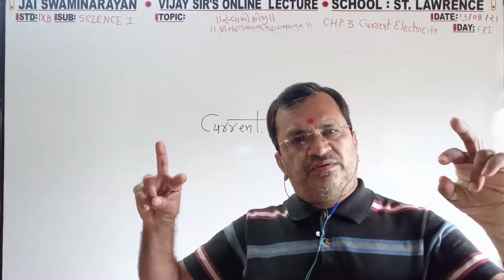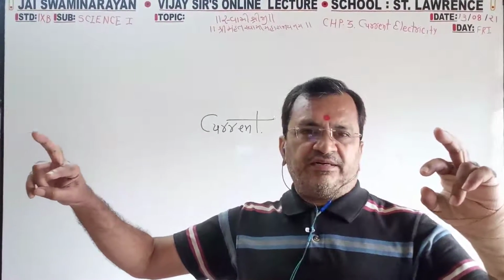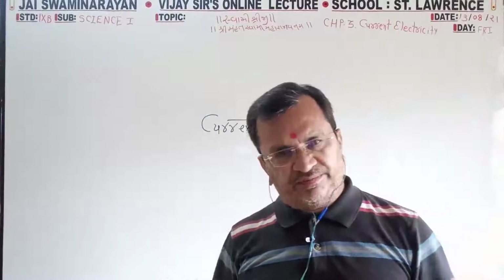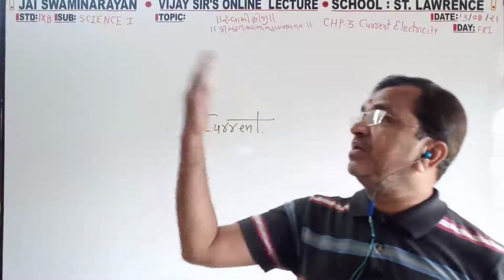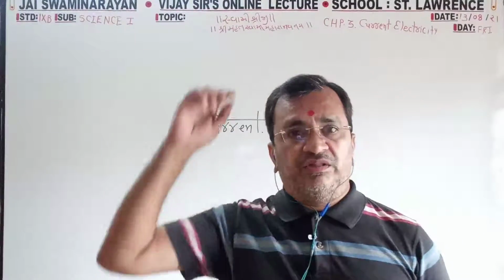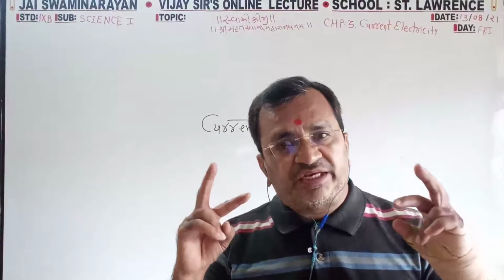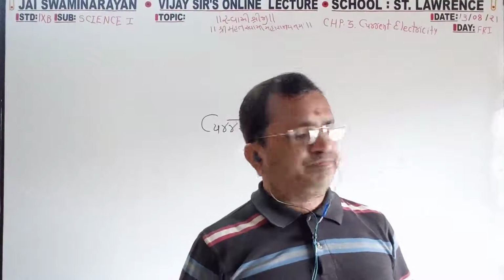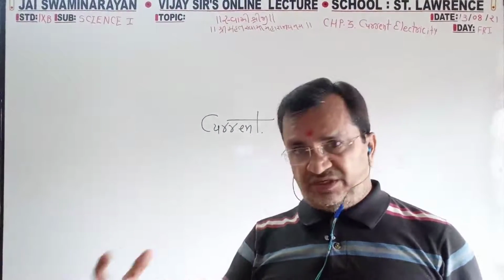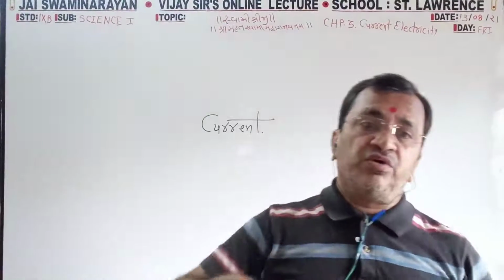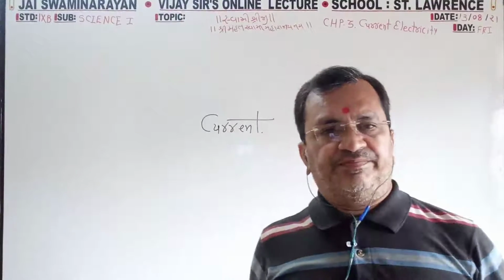Comparison of cost. These are very expensive, these are cheaper. First reason, cost wise, these are costly. When we use this much gold and silver in all the wiring, the cost will be higher. Second reason, availability. Gold and silver, how much are they available? There is 100 times more availability in the earth's crust for copper and aluminum.